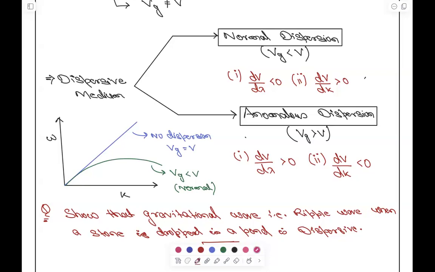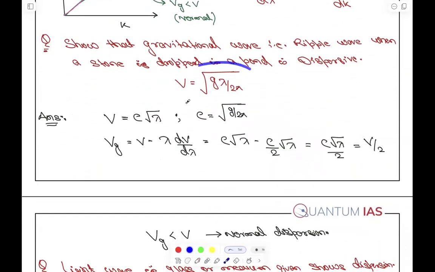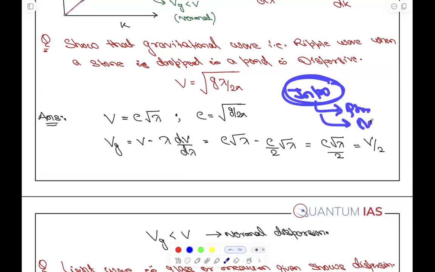Anomalous is like this, where Vg is greater than V, so it is anomalous। कुछ नहीं, बस कंक्लूजन में काम आ जाता है ये, है ना। अगर मान लो यही क्वेश्चन आता है एग्जाम में, so what you have to do, कैसे लिखते हैं आंसर, एनीवन, इंट्रो क्या लिखते हैं, you will define phase velocity and group velocity, yes or no. भाई सबने देख रखा है ना वो आंसर सेशन।